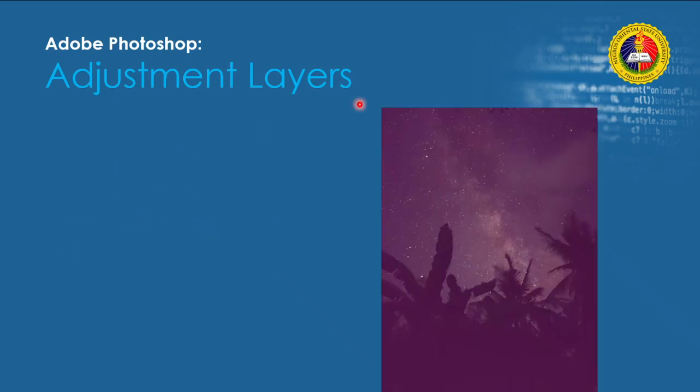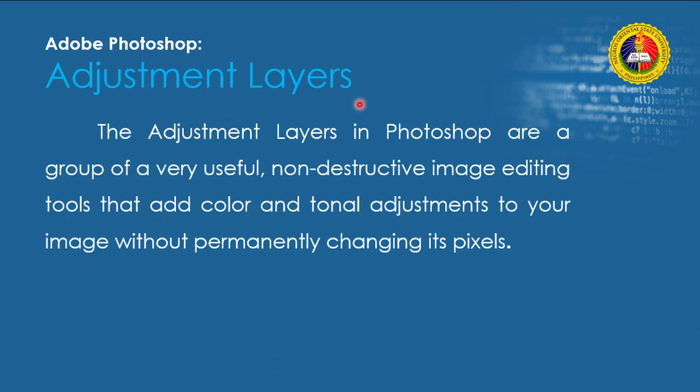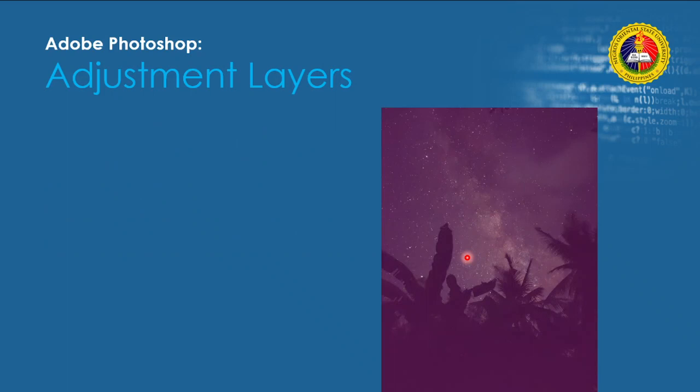Okay, so when we say editing tool that adds color and tonal adjustment to your image without permanently changing its pixels, what it means is that when we're using adjustment layers in our design, basically we are trying to add just about any adjustments to our photos without really changing the pixels or altering